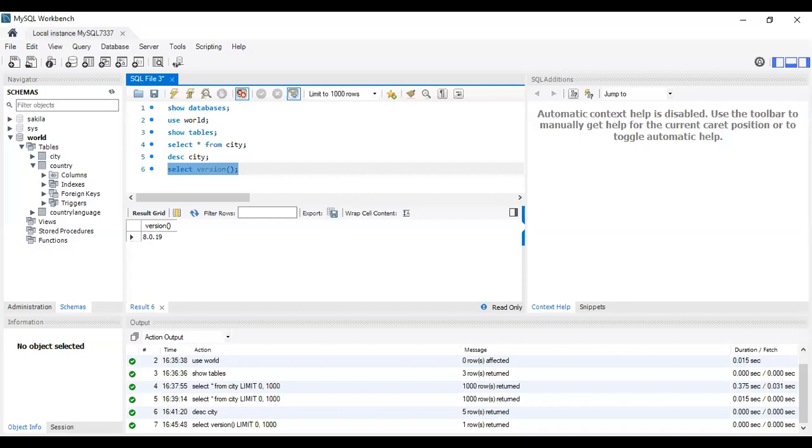That entire part I will cover. The SQL queries part I will cover, and the programming part I'm not going to cover. Why I'm not going to cover it: from the Python point of view, whether you are executing the query or a program, stored procedure, or any other program of MySQL, both are the same. So from the Python point of view, it is the same. That's the reason I'm covering only this particular part.